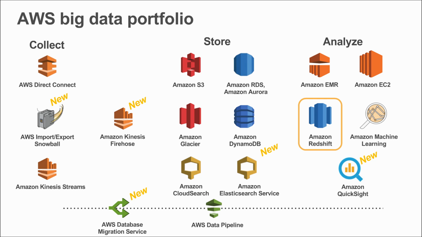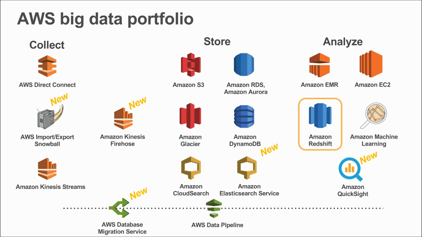So first, before we dive into specifics on Redshift, I think it's important to understand where Redshift fits in terms of our Amazon Web Services big data portfolio. The basic framework should appear familiar to most people in that we have to collect data, store it, and analyze it. And Redshift fits within the space for data warehousing and analytics within our Analyze section, but there are a number of different services that can augment the collection and storage of data before we get to the analysis. And so from an AWS managed services perspective, we have many ways of getting data into AWS, such